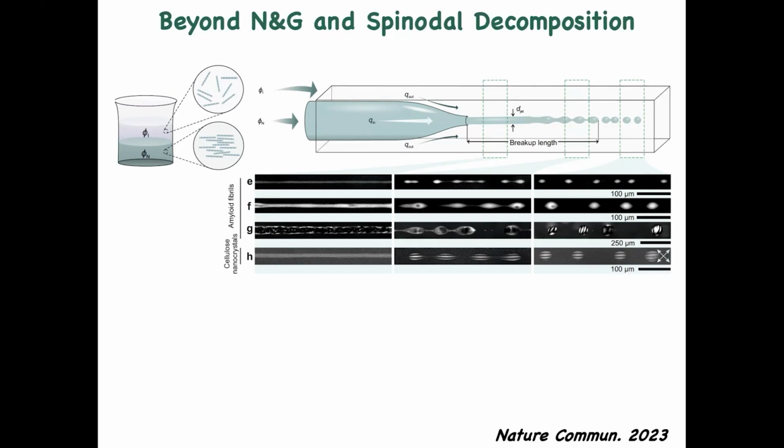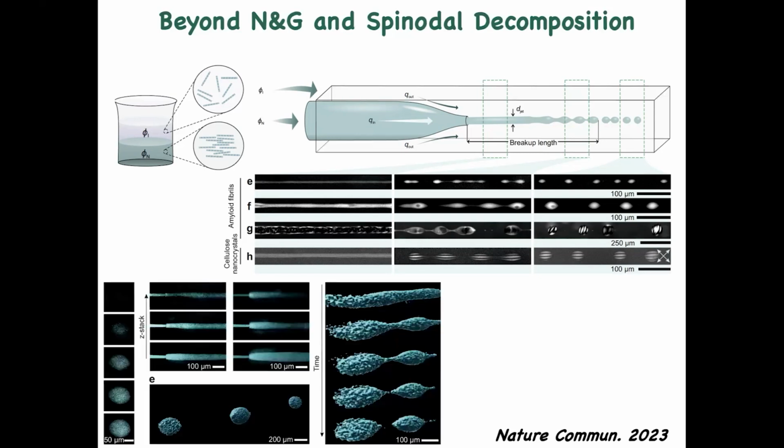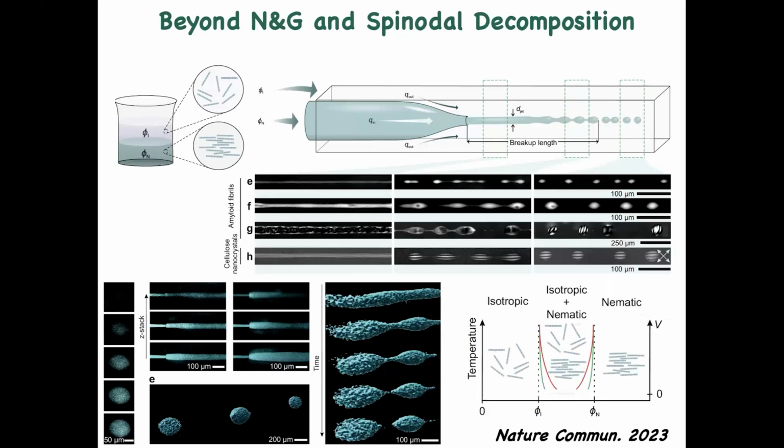But now these droplets are born already at thermodynamic equilibrium, because the two phases already have the two branches of the binodal. Okay, and now, of course, you can do the other way around. If you want, you can extrude the isotropic into the nematic, and you have negative tactoids. And now the beauty is that you can really test how far off you are from thermodynamics. So the phase diagram tells you that in the ideal world you have two phases, one that is nematic, the other one is isotropic.